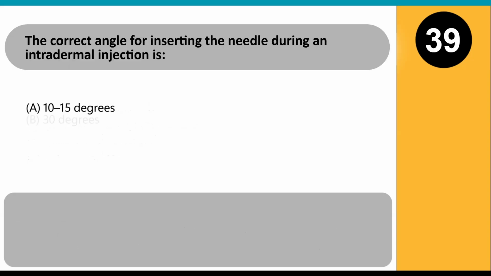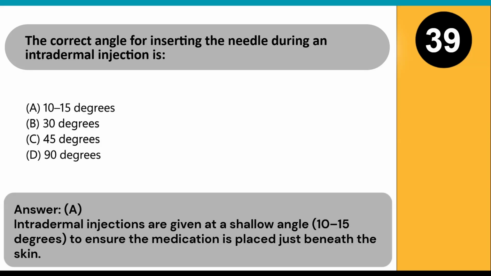The correct angle for inserting the needle during an intradermal injection is: A. 10 to 15 degrees. B. 30 degrees. C. 45 degrees. D. 90 degrees. Answer: A. Intradermal injections are given at a shallow angle, 10 to 15 degrees, to ensure the medication is placed just beneath